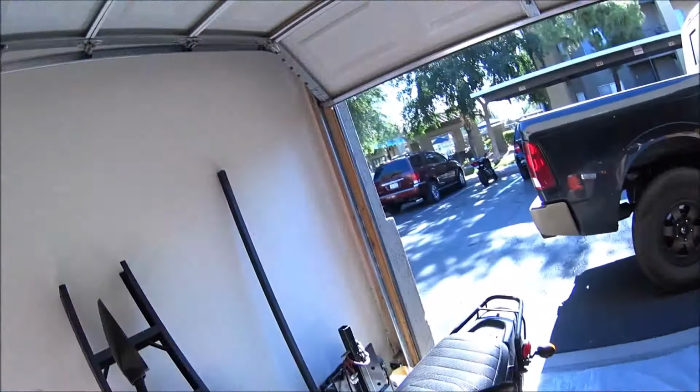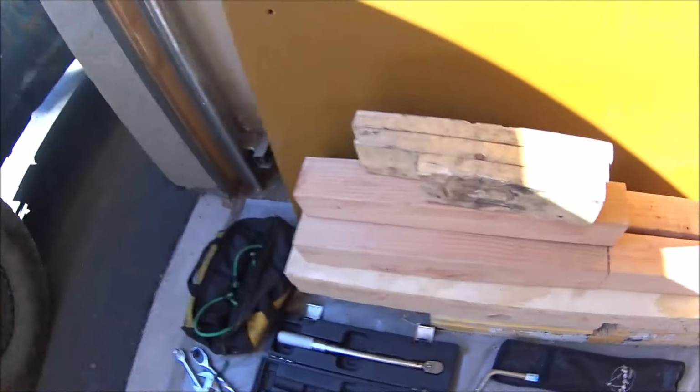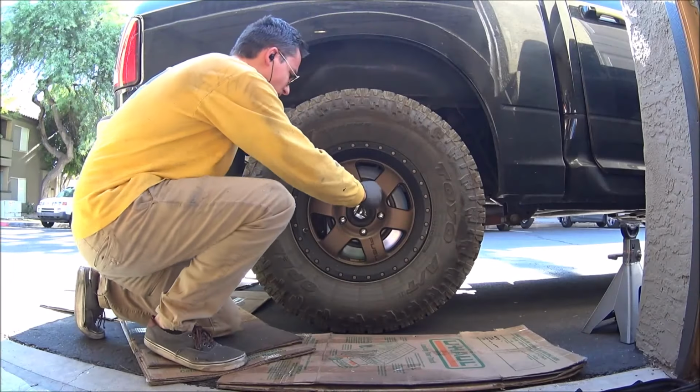Also, I'd highly recommend using a 1/2 inch impact driver. That's what I use for the top and bottom shock bolts. There it is right there. Saved me a lot of time. So